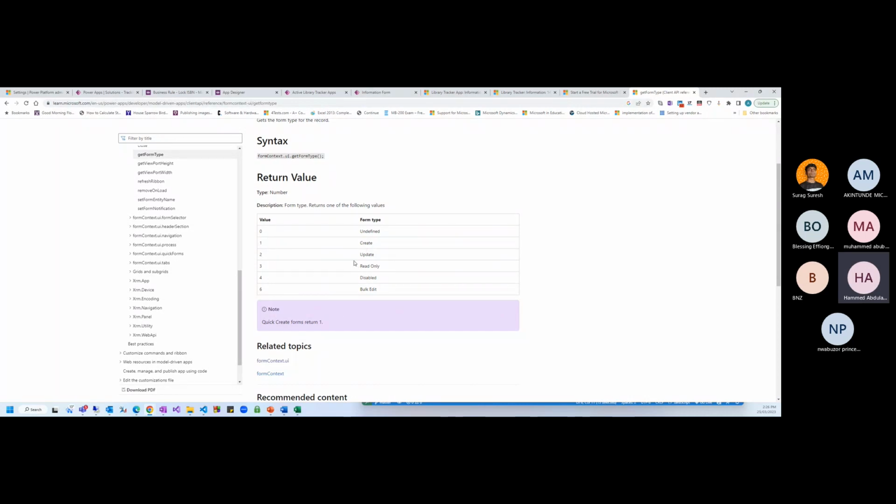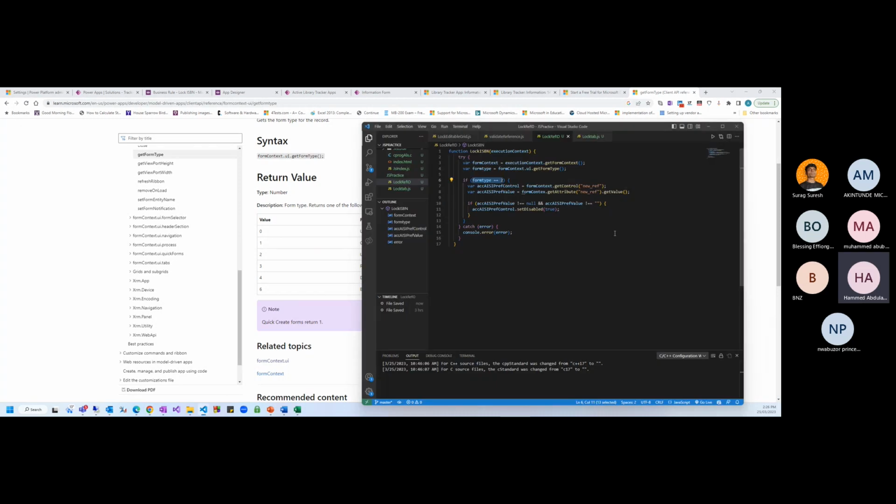Now that's where you pick the types of the return values from, right? You can see this is the update type, this is the return type, right? In this case, just for demo purposes, we're going to select the update type, right? So once it is updated,